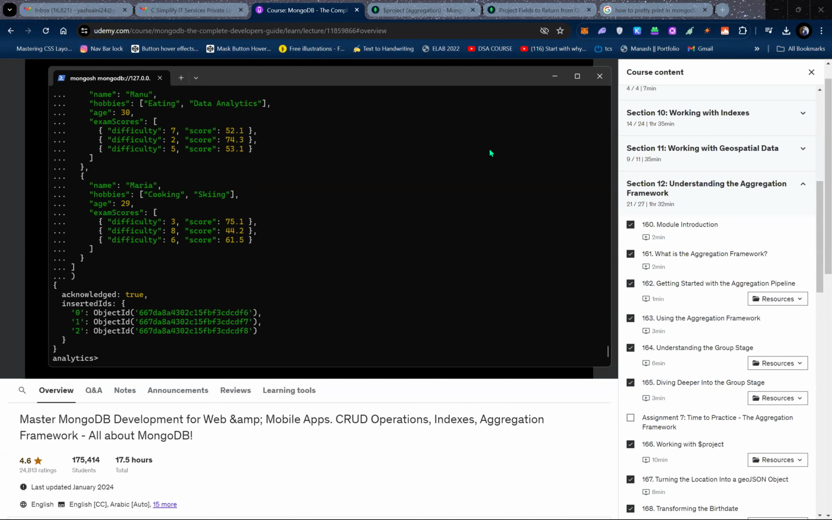It is an alternative to the find command, and it uses a pipeline of different stages to get a more structured output as we want. It uses $match, $group, $project, $sort, and different stages to help us, and the output of each stage is the input for the next stage. So that's why it is more